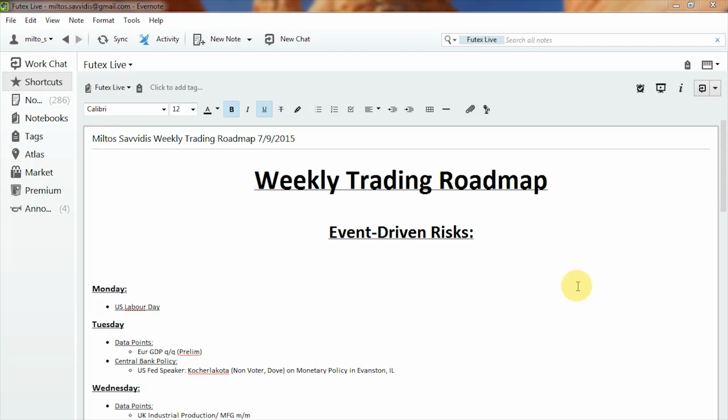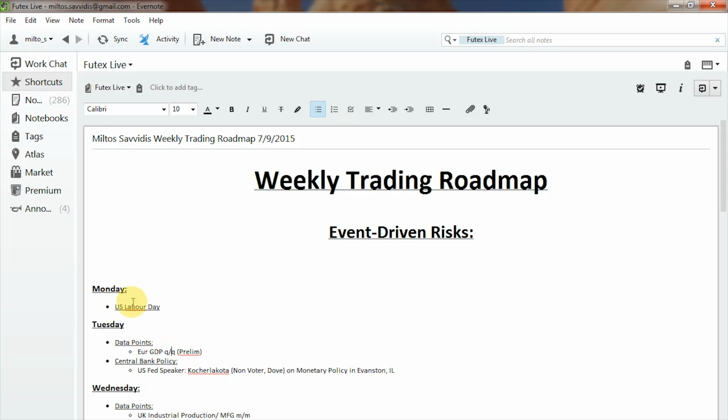A few central bank policy events that we could take a look at, particularly the Bank of England, the Bank of Canada, and the RBNZ, and then a few data points just nestled in between that we can hopefully seek to make a bit of profit out of. So let's take a first look at